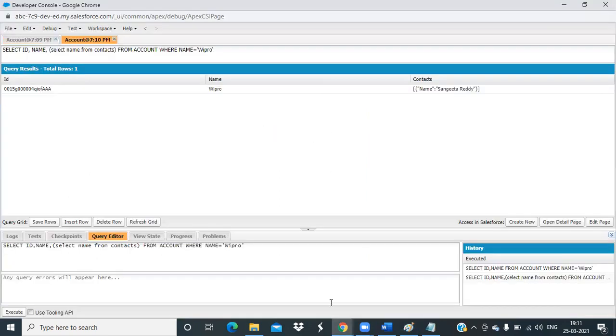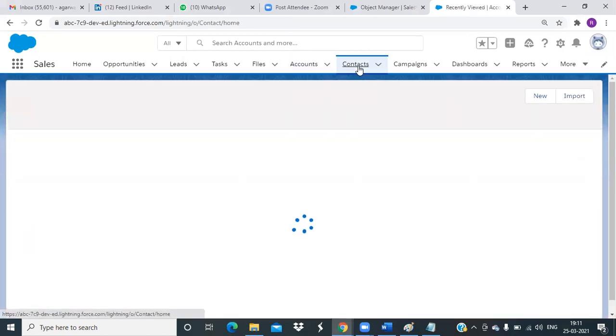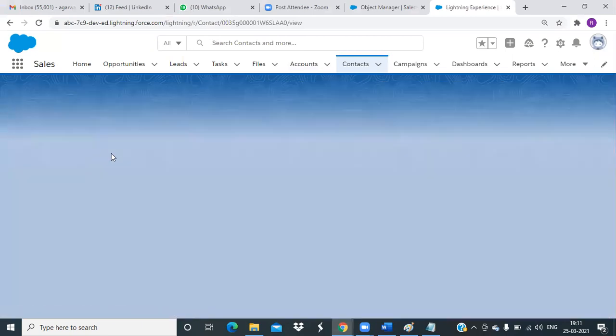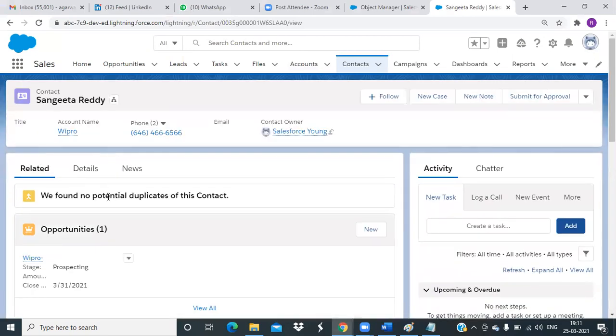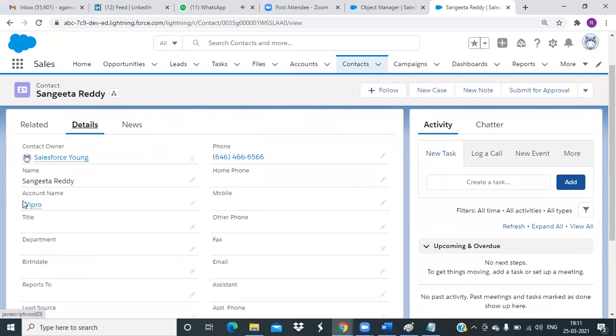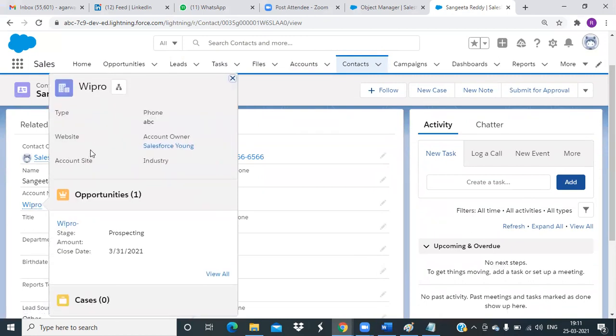Now suppose my requirement is, for this contact, this contact is associated with an account.